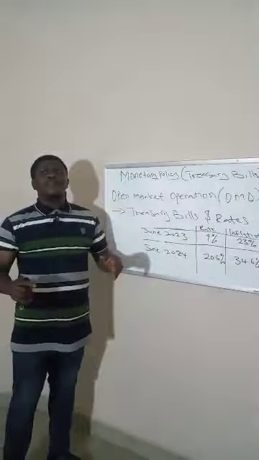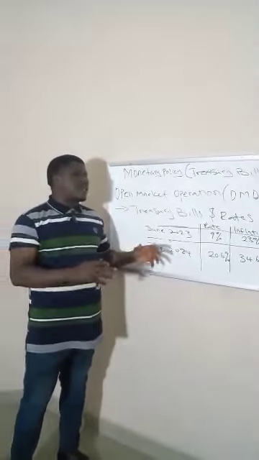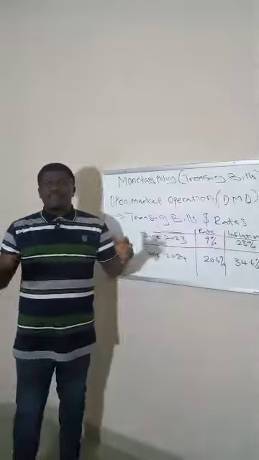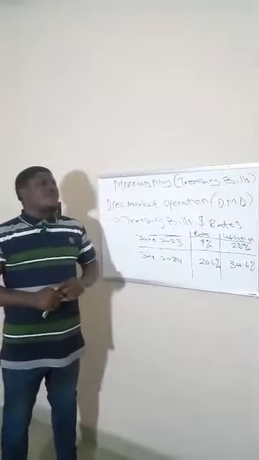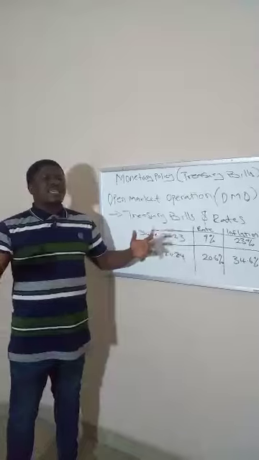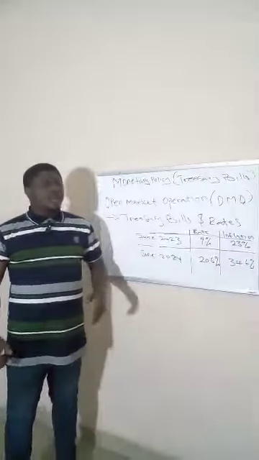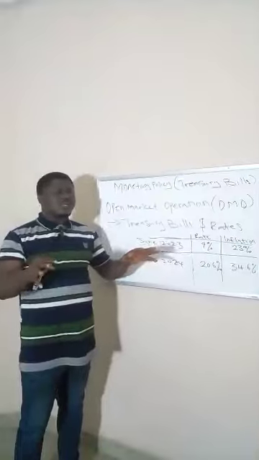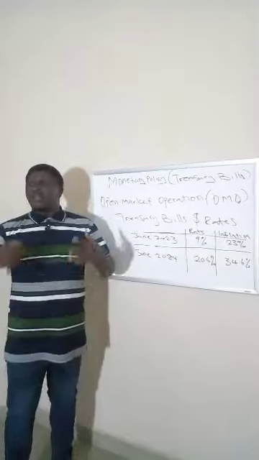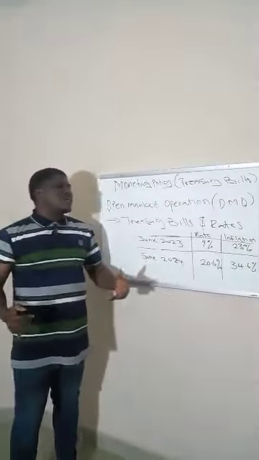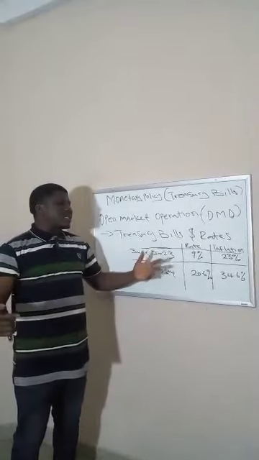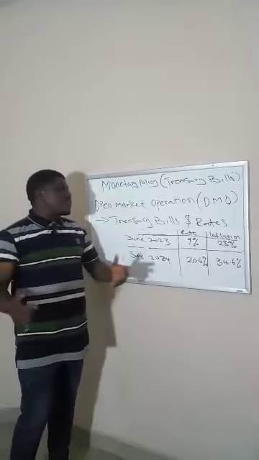People tend to put more trust in government bonds and treasury bills because these are assets backed by the government. And because government is a going concern, it's not expected to collapse. So there is less risk in purchasing those assets. People feel relaxed to put their money, their liquidity, in those assets because there is this assurance that the government will always ensure the security of those assets. So they carry less risk compared to investment in the private sector.